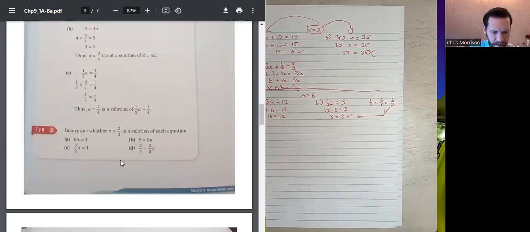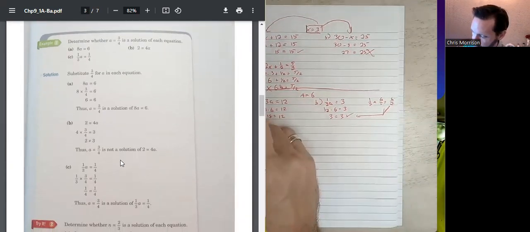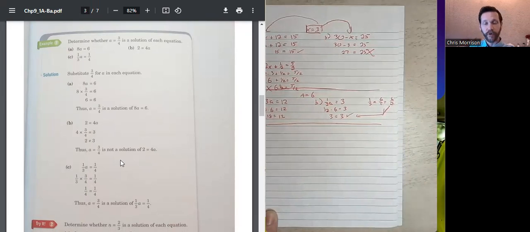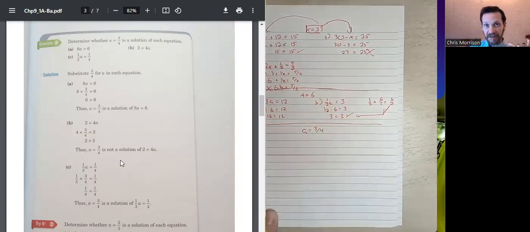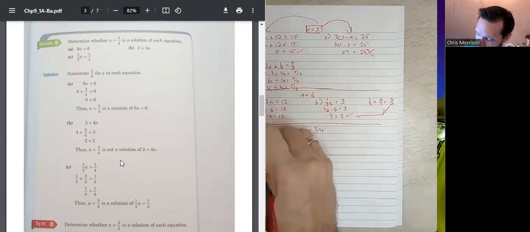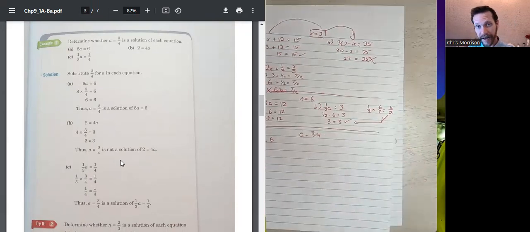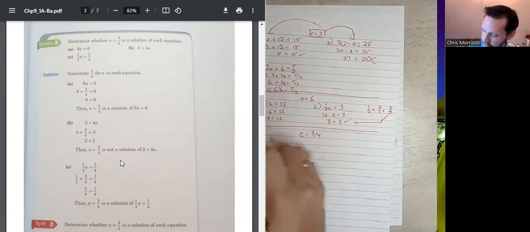All right, and this is going to be our last example of today. So let's draw our line. Example 3. We're going to do 3 of these. We're going to determine whether a equals 3/4. Again, it's just a fraction. We're just going to substitute it in. 8a equals 6. Is 3/4 a solution for 8a equals 6? Well, how do you know? You're just going to multiply it and find out. We're going to substitute a for 3/4. 8 times